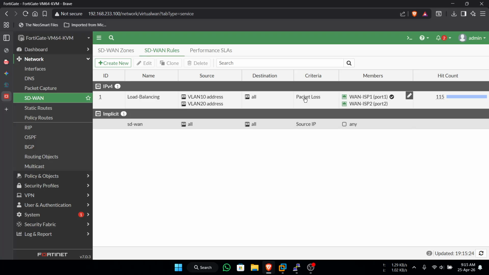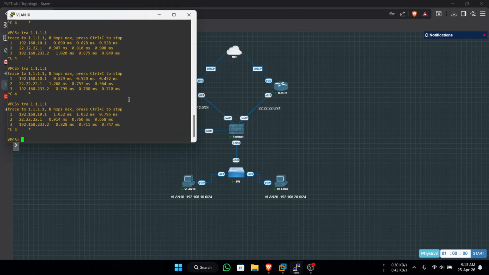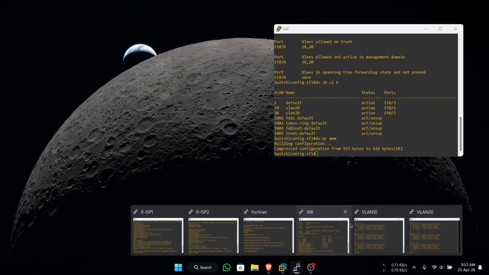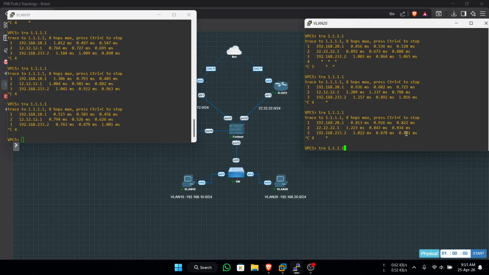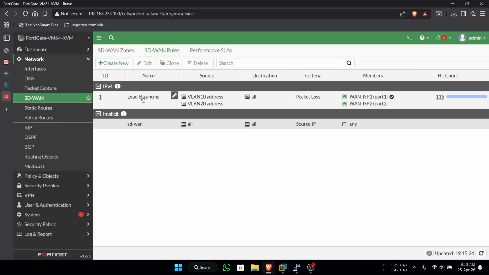If you see here, the ESP1 is used again. Testing trace out again. You can see the ESP1 is used again for this Ethernet source. We try in VLAN 20, still like that. Okay, so that is the tutorial on using SLA.